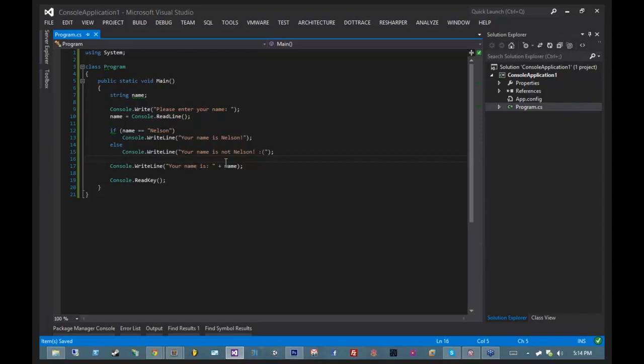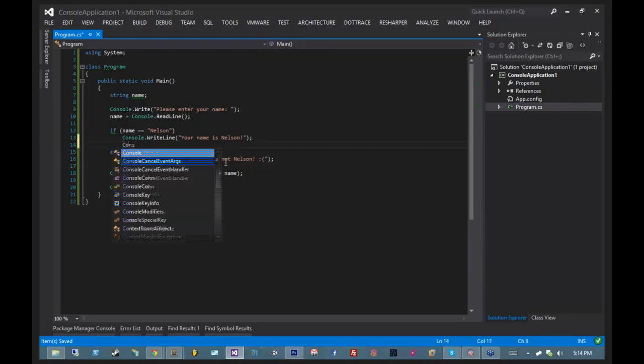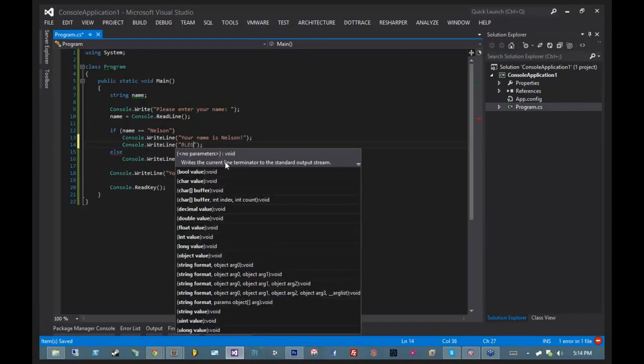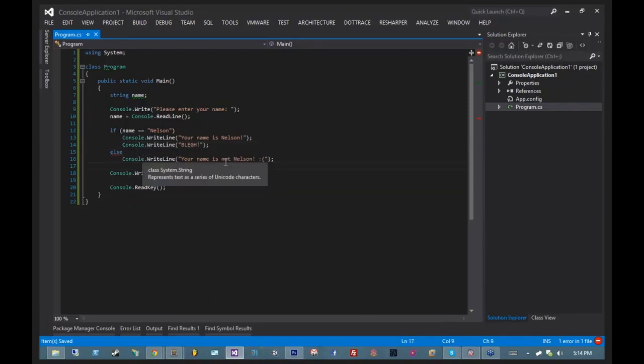But Nelson, if you want to add a second tabbed over line on the if that's not part of a block, this is a big problem. Look at that. If you take a look on line number 15, you'll see that else now has a squiggly underneath it. So that's not a particularly useful error, but the point is that the C# compiler no longer knows which if to pair this with, because we've technically started an entirely new set of expressions down here.